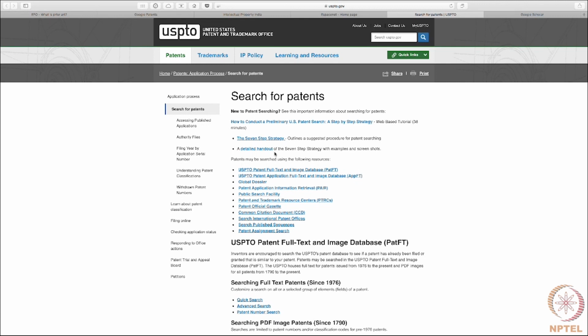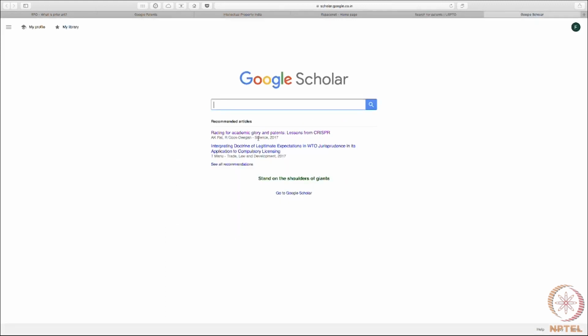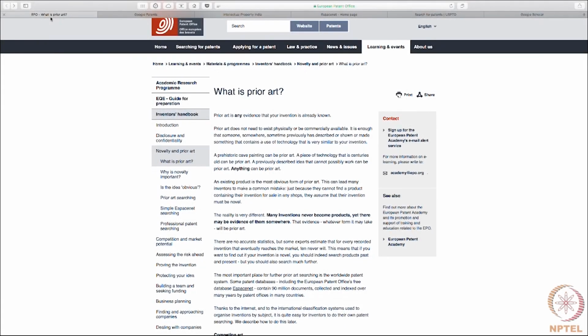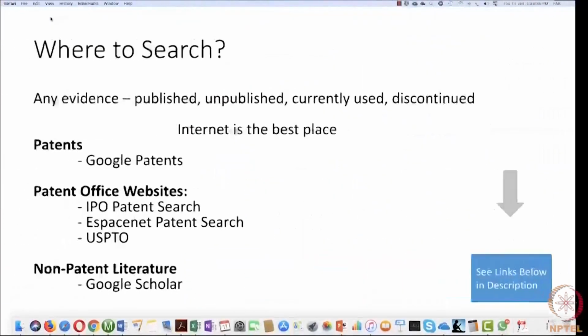The US Patent Office is also important because they also provide some search strategies. The 7 steps search strategy. It's an interesting piece of document. You should have a look at that in some detail. And for everything else, you have the Google Scholar and anything that falls within the public domain. Now, this summarizes the search across the various databases.